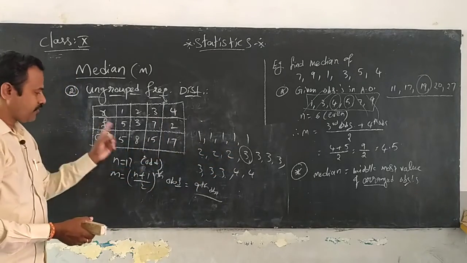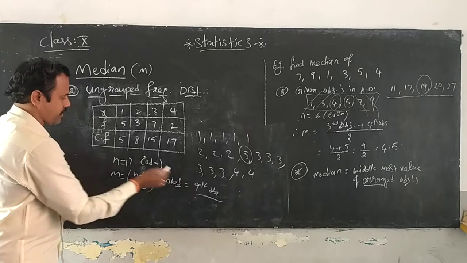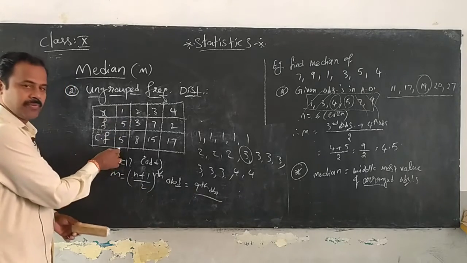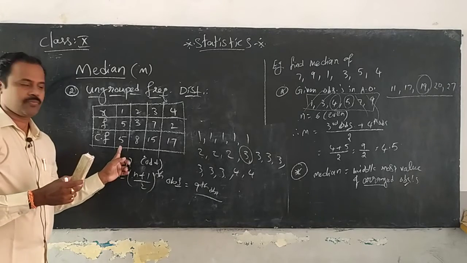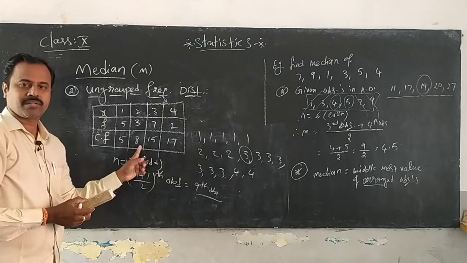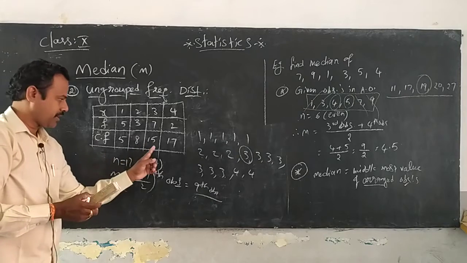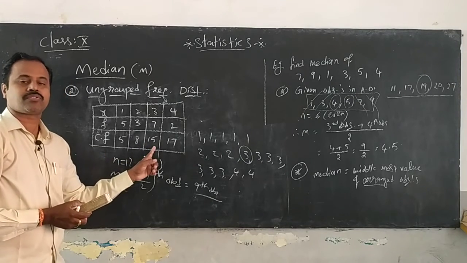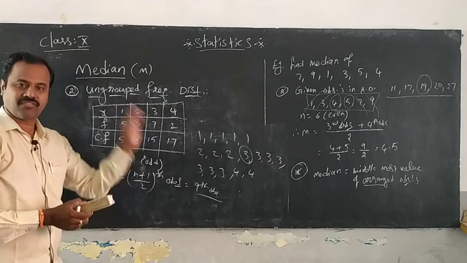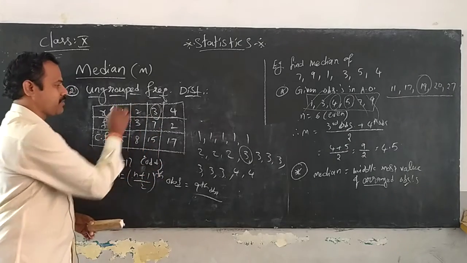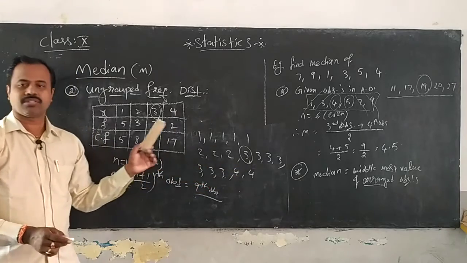But here, if you look at the 9th observation: in a class with 5 members, number 9 won't answer you. In a class with 8 members, number 9 won't answer you. But if 15 members are there in the class, number 9 will answer you. So the person who answers for the first time is considered the median. Your median is 3.